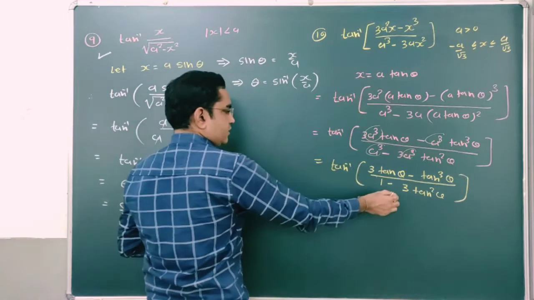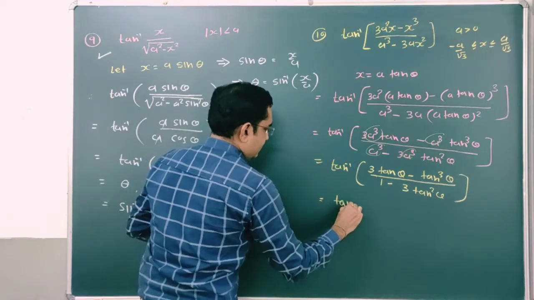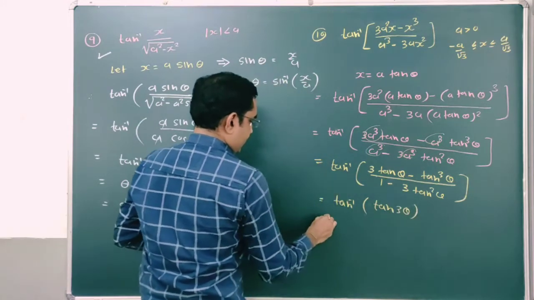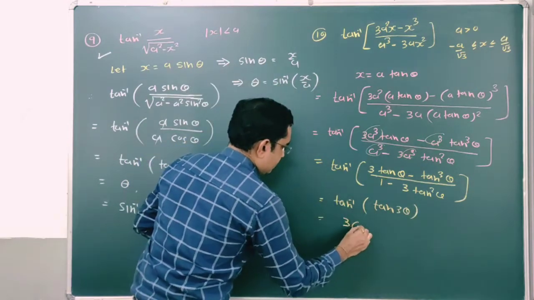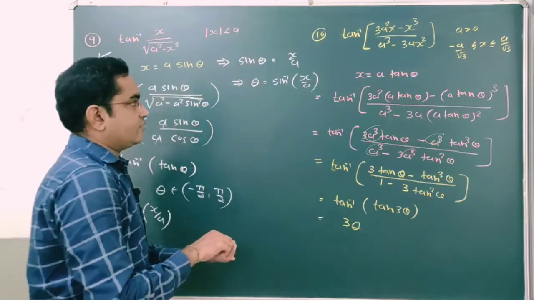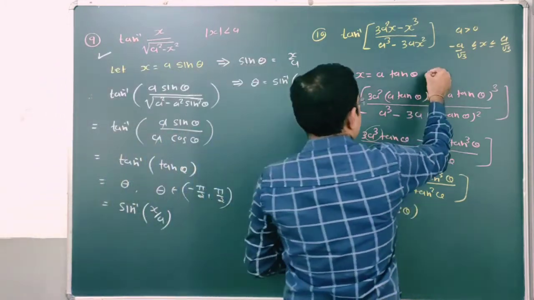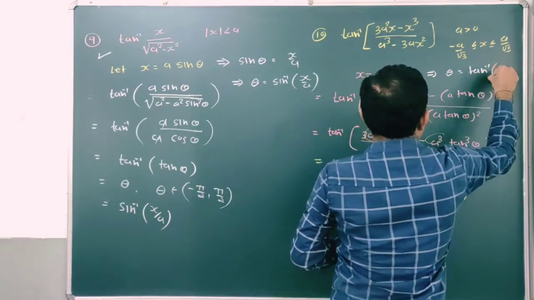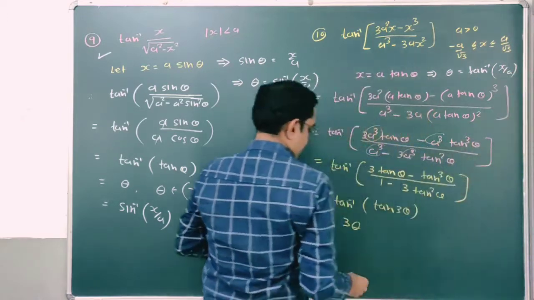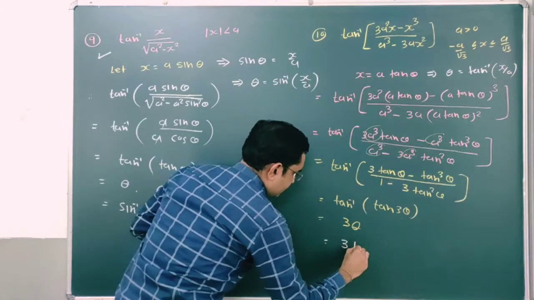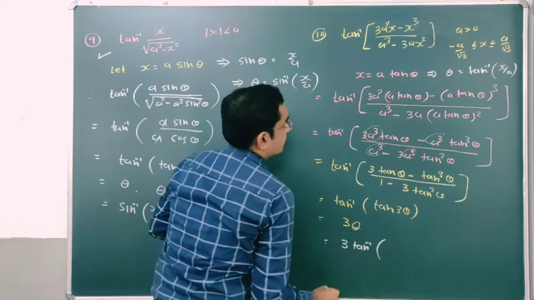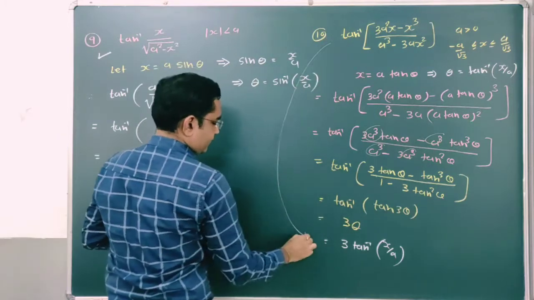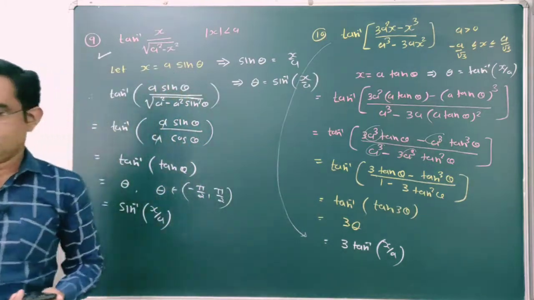Now all of you know this is the formula of tan 3 theta. So hence we can say tan inverse, this one is tan 3 theta. Done. So tan inverse tan 3 theta is equal to 3 theta. And here what is the value of theta? From this substitution, we can say our theta is tan inverse x by a. So replacing our theta with tan inverse x by a, it's 3 tan inverse x by a. Done. So this one is the simplest form of this given inverse trigonometric ratio. Clear, friends?